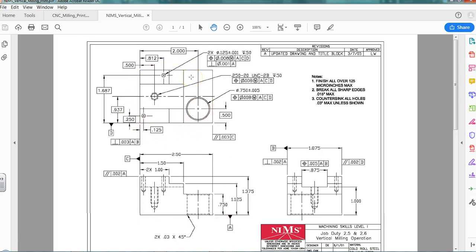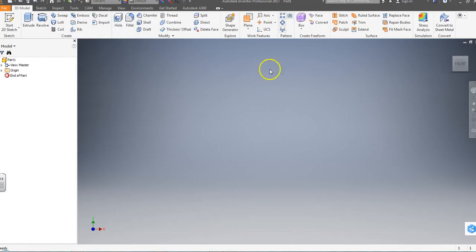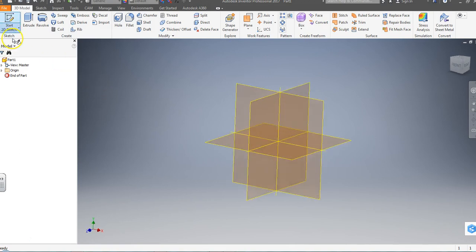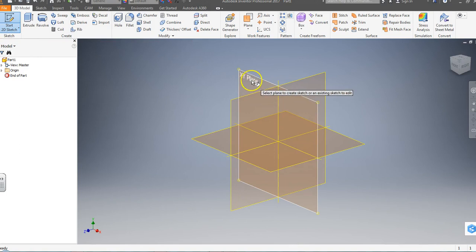And how we're going to do this is we're first going to build a block that's the whole thing, the whole height. So 1 3/8 high, 2.5 long, and 1.875. So we're going to make a rectangle 1.875 by 2.5. Okay, that's how we're going to do this. So first we got to make a sketch, 2D. I'm going to pick my XY plane here,